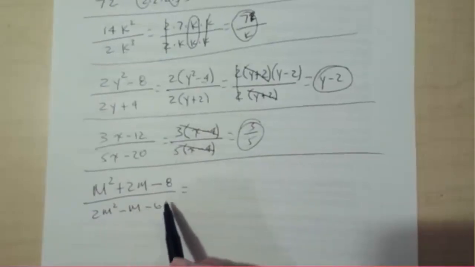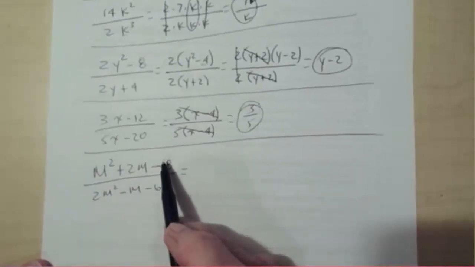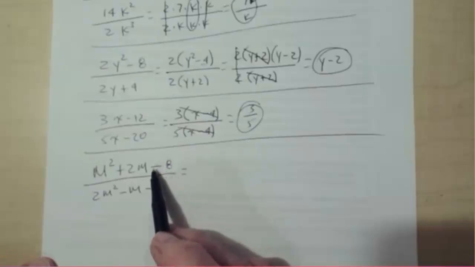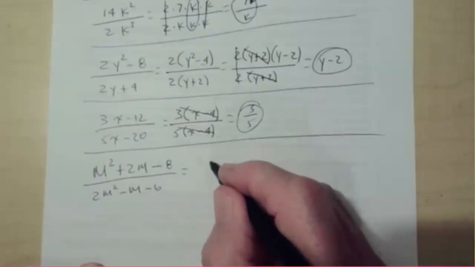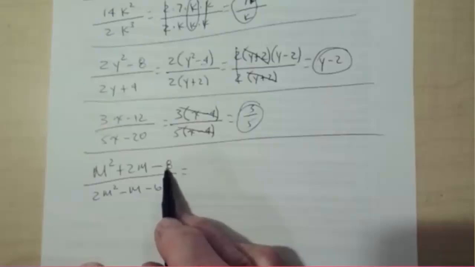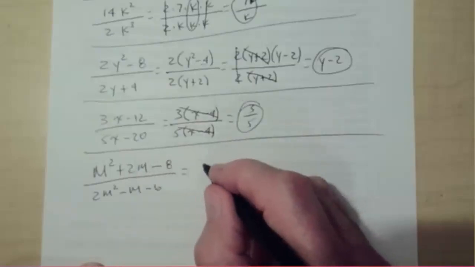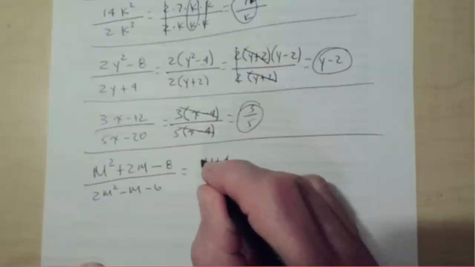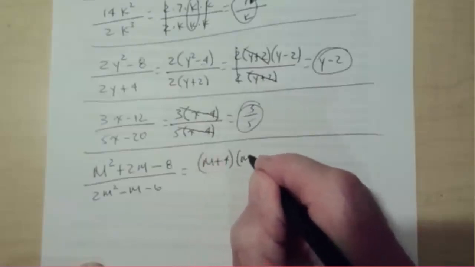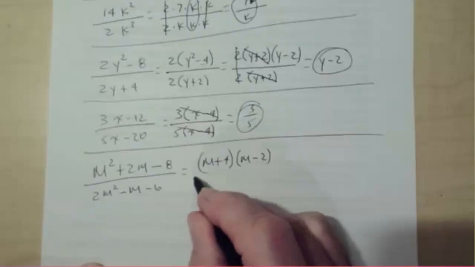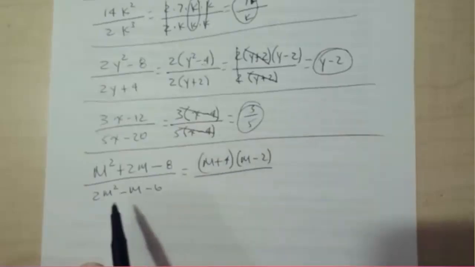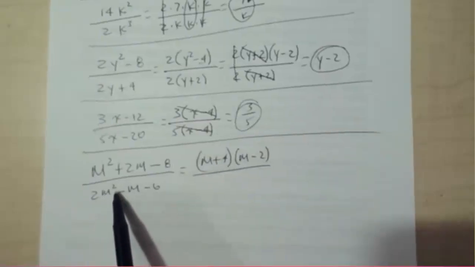Now we need to factor the numerator, and when we factor this, what are the factors of negative 8 that are going to add up to this? It's going to be 4 and 2. M plus 4, m minus 2 over, now we want, excuse me,